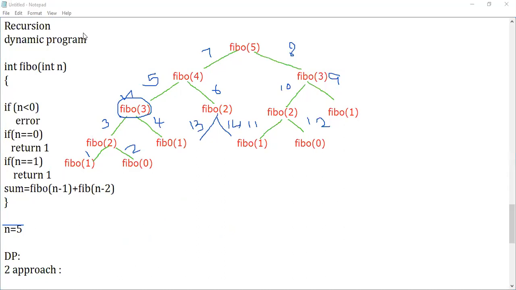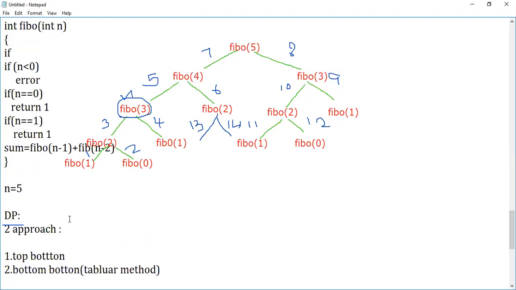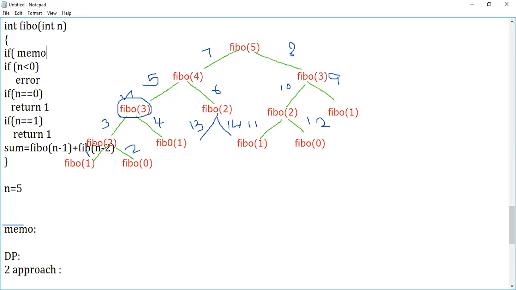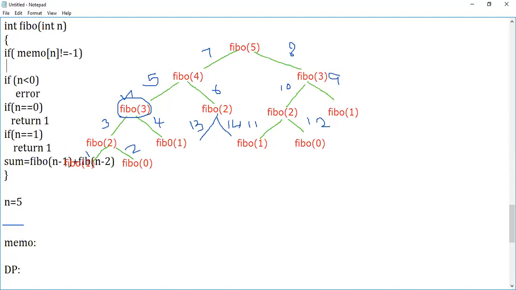Let us assume that the array I'm declaring is named memo. As of now, assume that. So I'm going to declare one array and its name is memo. Initially, I'm going to initialize this memo array with -1, just for assumption, guys. Just let me complete this algorithm for dynamic programming. Same algorithm, let me modify it so that it'll be easy for you to keep track of me.